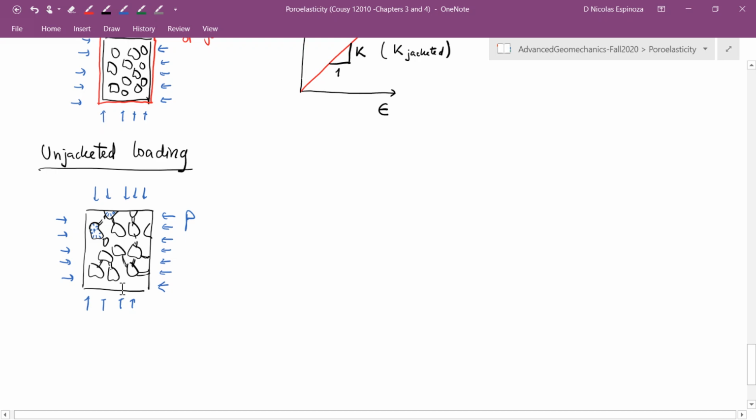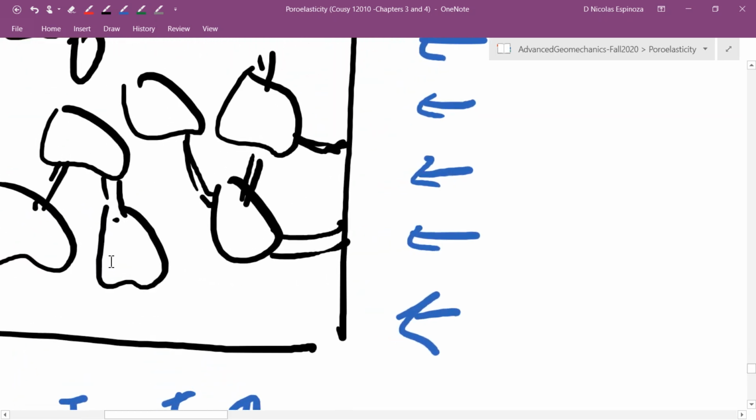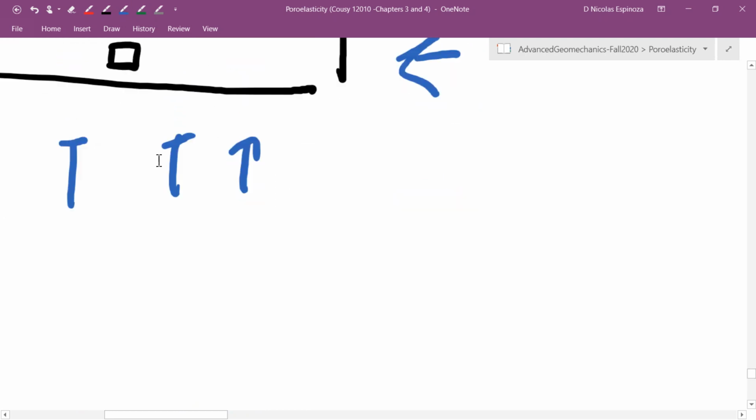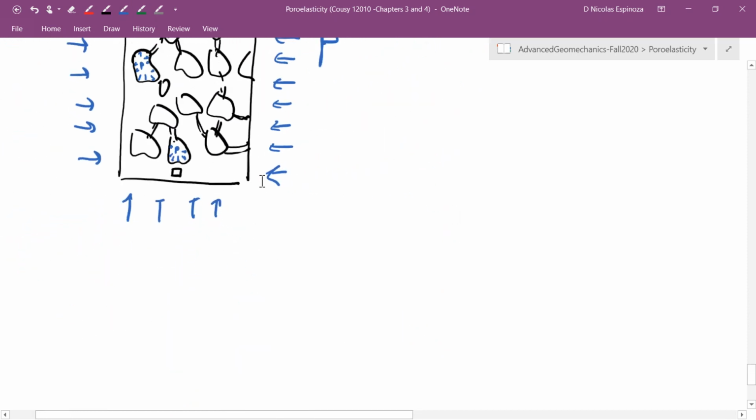And let me go also pick another piece of rock over here. Let's say that we're trying to understand what the state of stress is in here. Notice that we have the pressure on the bottom, but also since this one is pressurized with pressure P, it's also going to have a pressure from the top. All right, so I think I'm done with my